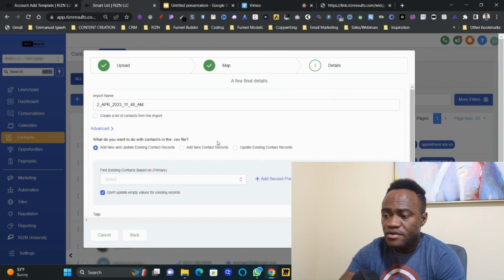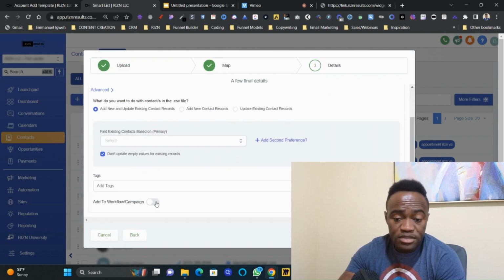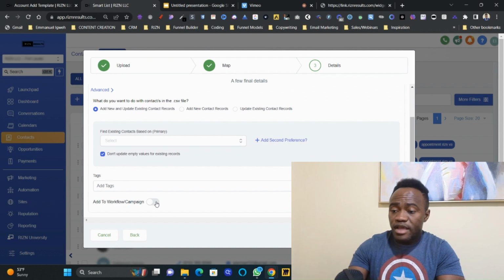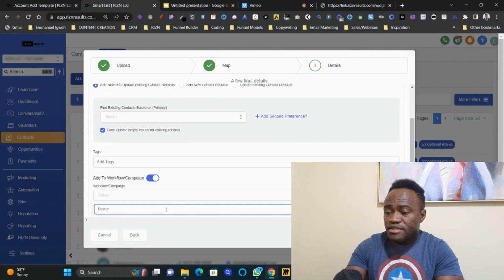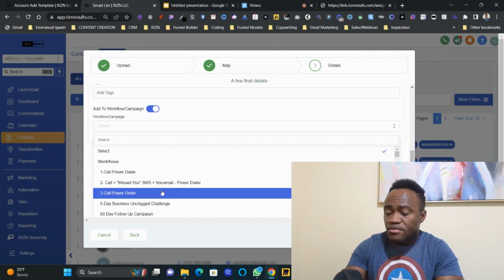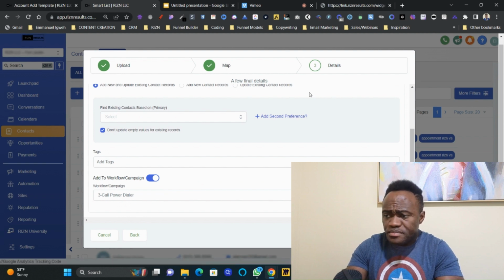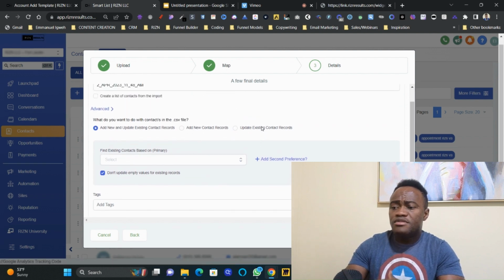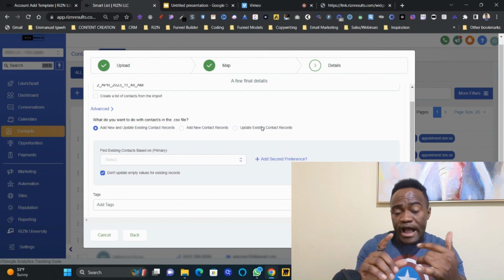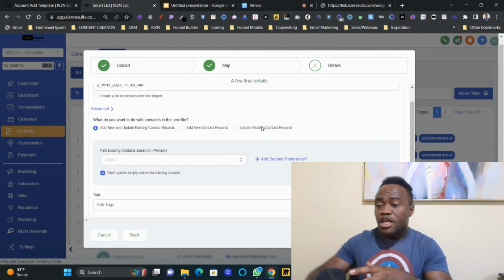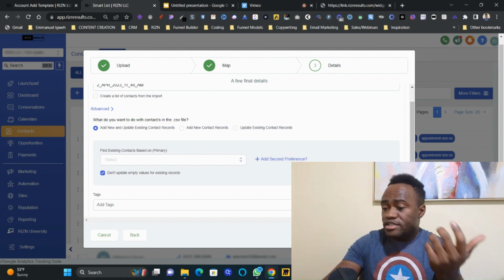In advanced here, you can go ahead and add this to a campaign. So let's say you had a text message campaign, you can go ahead and add this to workflow to a campaign. Let's say I add it to this campaign or whatever campaign, right? And you can come up here and you can set up, as far as drip campaigns, if you're launching a mass text message, or let's say you already have a list here,